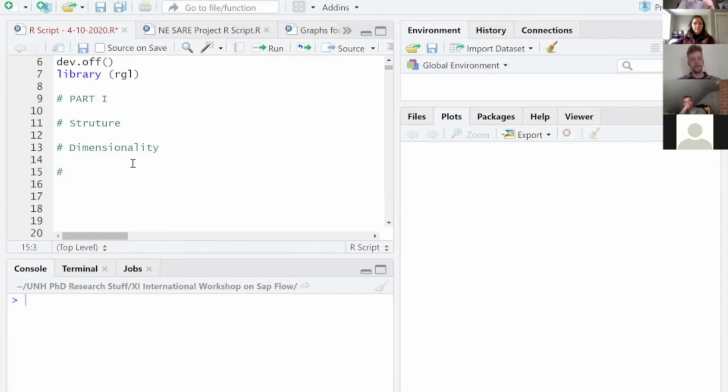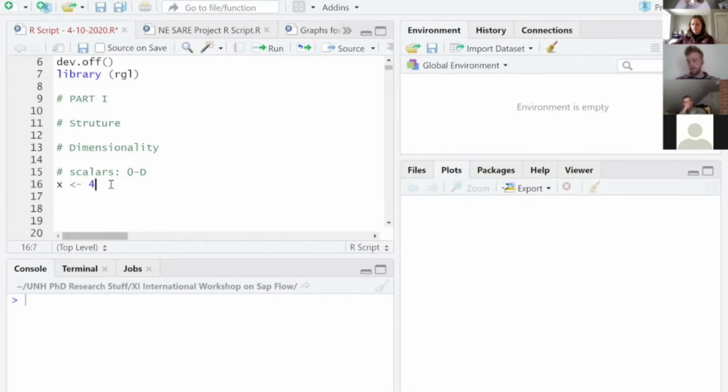So first of all, we'll talk about what a scalar is. A scalar is a 0-dimensional thing, which means it's just a point. It doesn't have length or width. So my first example is we can save, for example, this number 4 as an object, and I'm going to name this object X. And when I run this line of code,